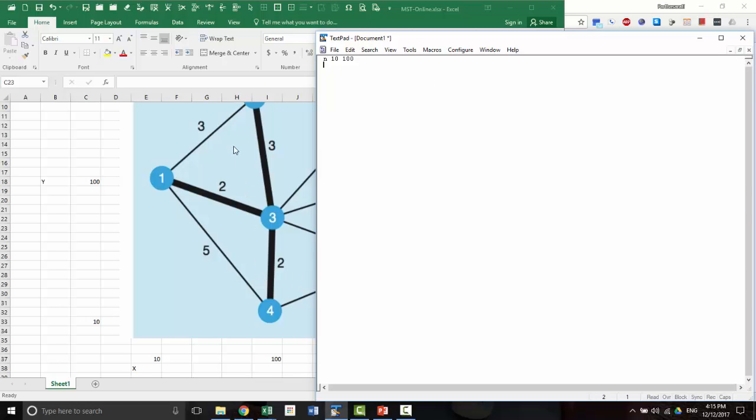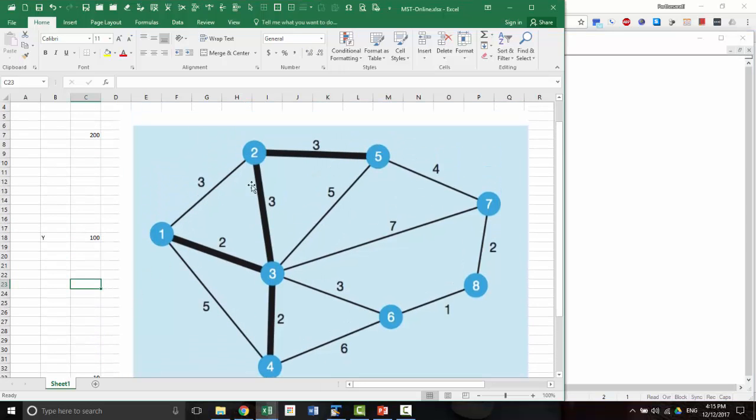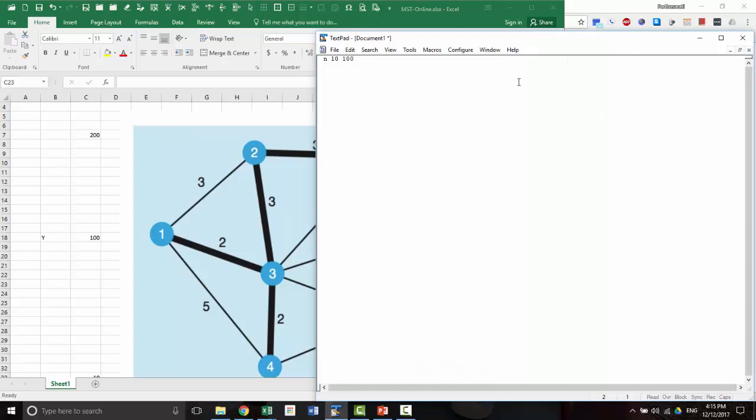The second node is about 100 x coordinate and 200 y coordinate. So n 100, 200, right? And then the third one will be